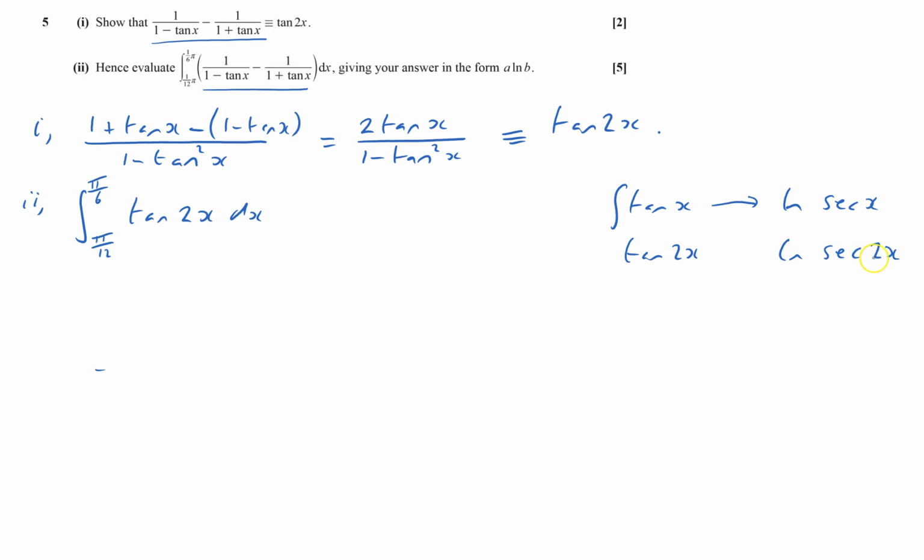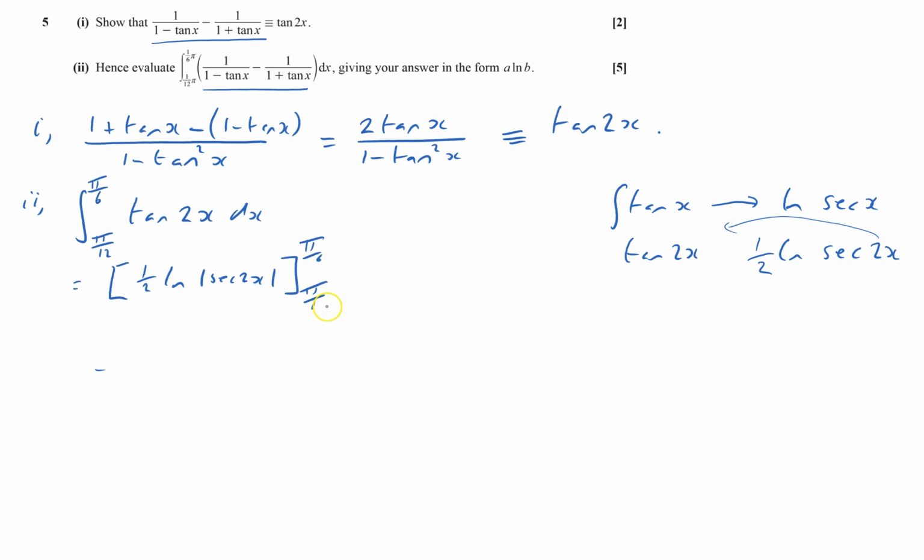But if I were to differentiate this and go backwards, if I differentiate ln sec x, which gives me tan x, but then I'd have to also differentiate the 2x, and that would give me 2 times that. I only want one of that, so I need a half out the front. So this equals, between the limits, a half ln sec x, or sec 2x rather,